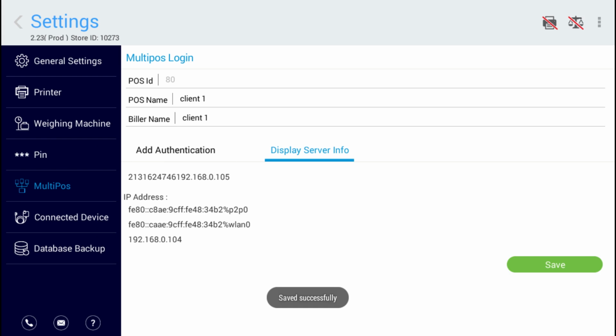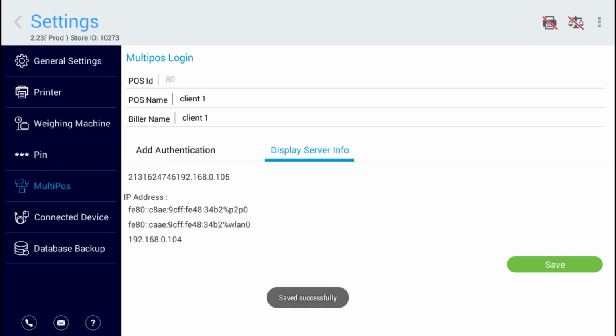For information, the role ID can be admin. Admin will be able to access all the features in the application, and the client will have limited access. If it is a client, then they will only have access to settings, backup summary, visibility and push offers. And if it is a biller, they will have access only to backup summary and visibility.